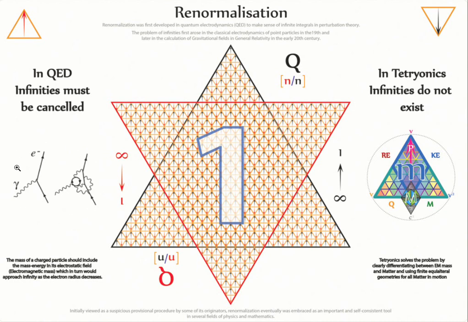Again, quantum electrodynamics for the last 50-odd years has relied on Feynman diagrams for the interactions. These are all now replaced by the equilateral mass energy or charge geometries of mass energy matter in Tetryonics to give us real representations of the physical systems, particles and forces in play between the particles themselves, so we can relinquish use of Feynman diagrams, produce and use accurate three-dimensional models of mass energy matter and forces